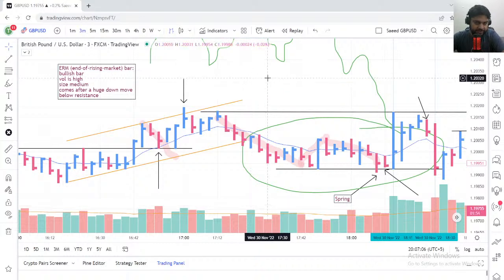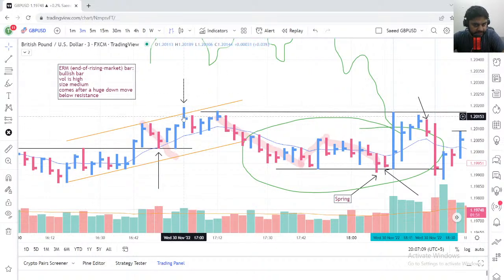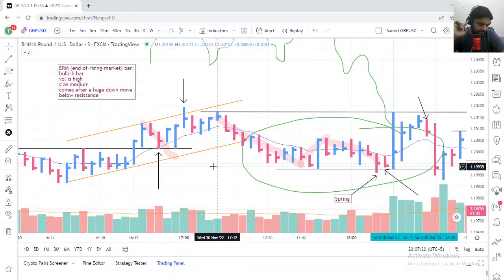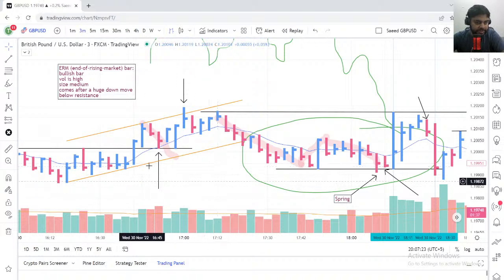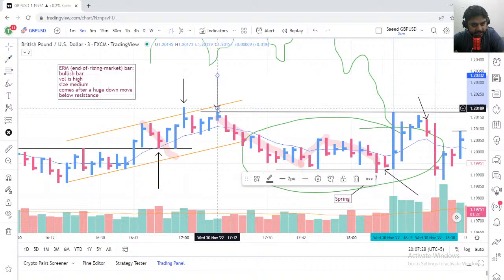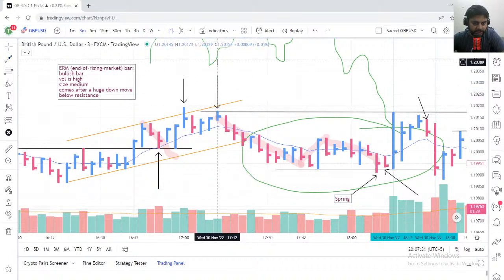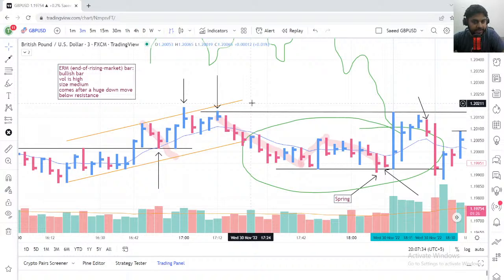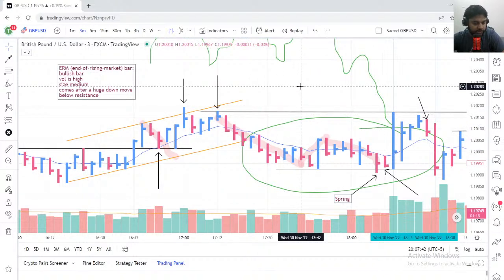But first, just think about this. I'm saying that this is overbought, right? The market is overbought, which means when the market becomes overbought, you can be confident that the market will go down. Number one point, right? Number two, when the market comes against the resistance, comes below the resistance line, look at this, no demand bar, no demand bar, right? So when the market comes below resistance, you can be pretty confident that the market is going to go down. So we are going to put together all these ideas.